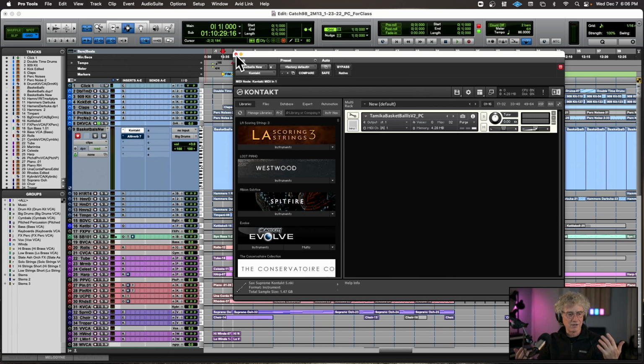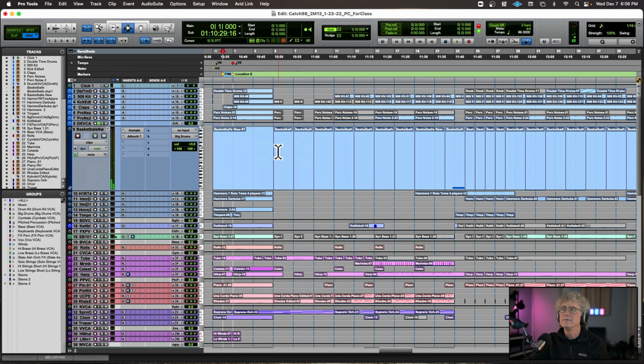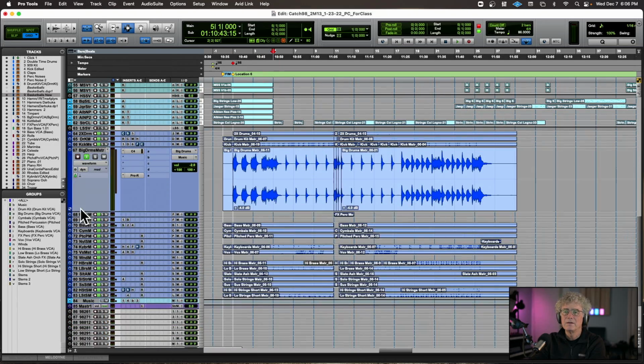I added a ton of reverb, because that's without any processing. And then when I add the Altiverb back in, it's even more. So if I solo this, let's see. So that's big drums. Okay, so I'll play you this cue, but let me just solo the basketballs.